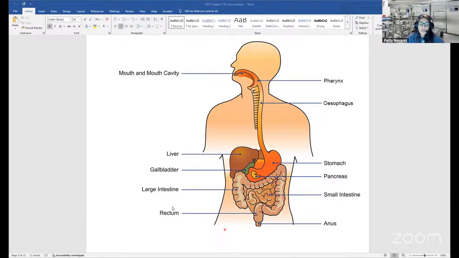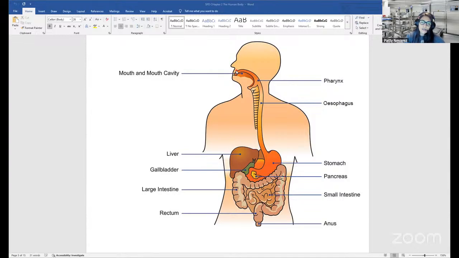Some of the things that we can say about the digestive system is it does have enzymes to help with digestion. Some of the accessory organs for the digestive system are the teeth, the tongue, salivary glands, the liver, and the pancreas, which is going to be on the next slide. But this is super important because the enzymes that the saliva produces, that the liver produces, that the pancreas produces, they all help